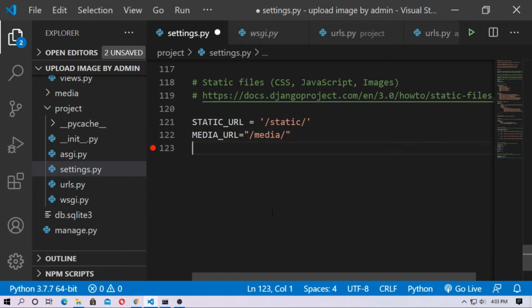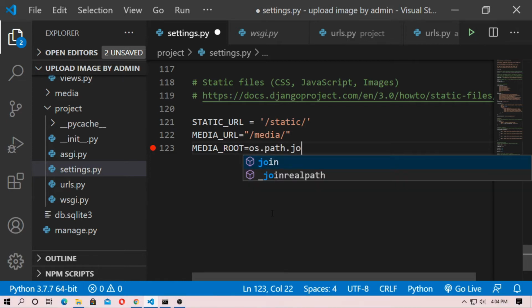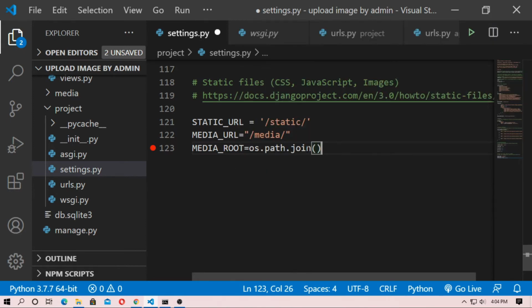Now type MEDIA_ROOT equal to os.path.join, with BASE_DIR. BASE_DIR means the directory of manage.py, and then type media. Please add a slash after media.